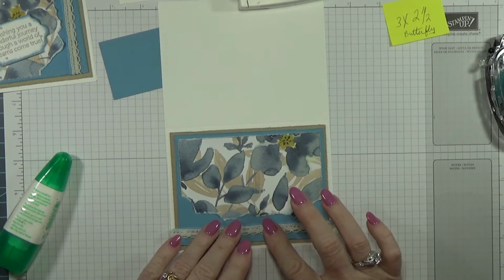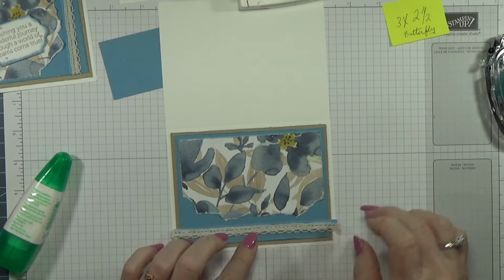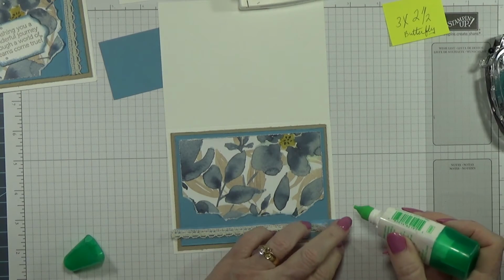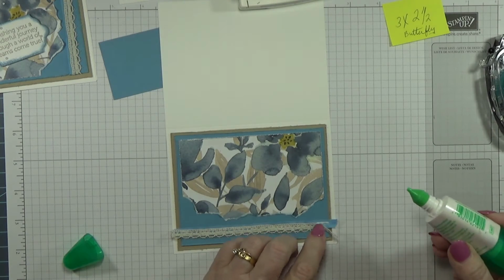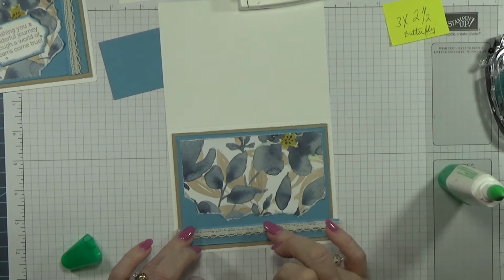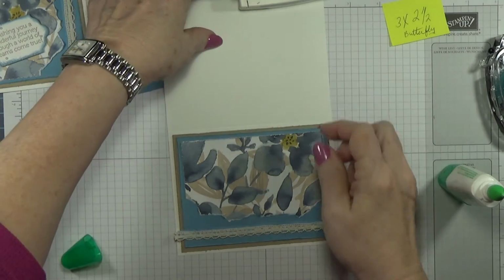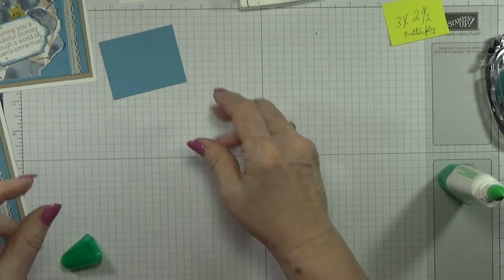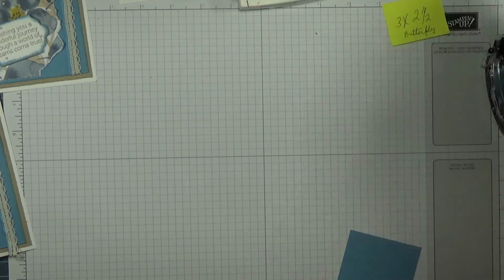Okay, let's put that down and just kind of tap it. Get up there. Oops, I didn't get enough glue there, I guess. On this Venetian crochet, sometimes it takes a little bit more, but you're going to get it on your finger if you're not careful, because it will come through the holes. Okay, now let's just set that aside and let that dry, and then I'll come back and cut the edges off of it. Right now I want to go ahead and cut out my butterflies